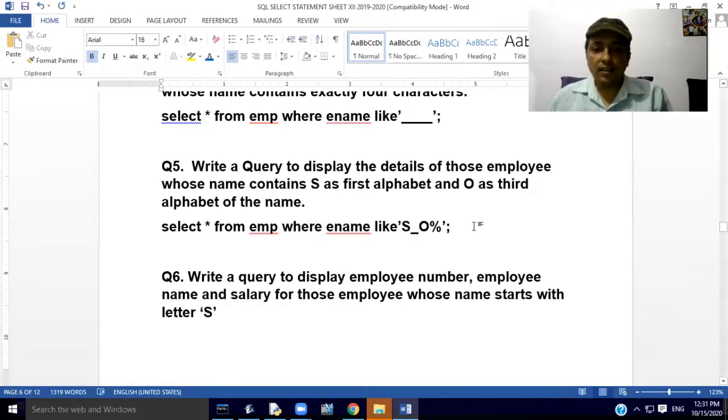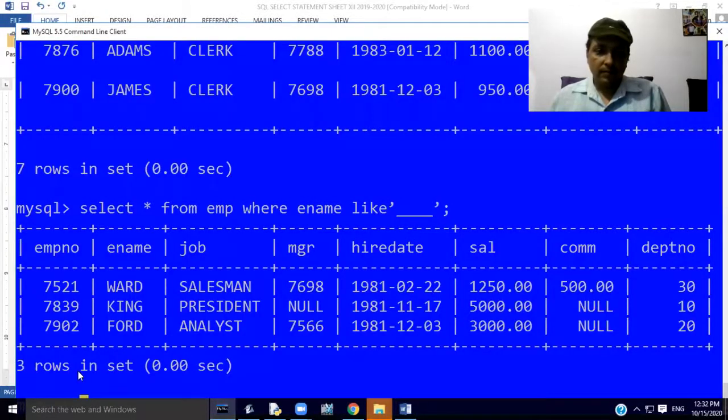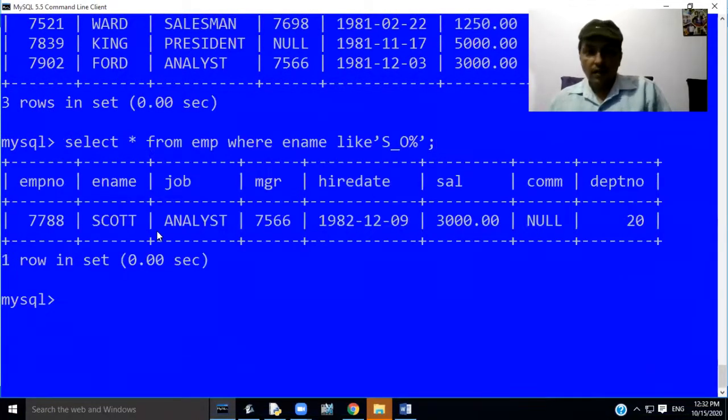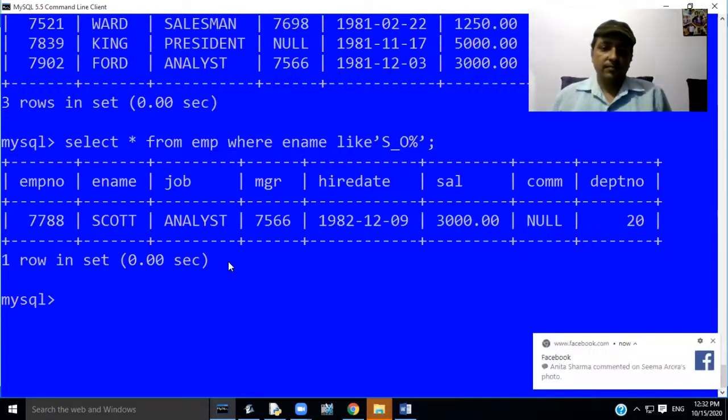MySQL will display the details of those employees whose name contains capital S as first alphabet and capital O as third alphabet.